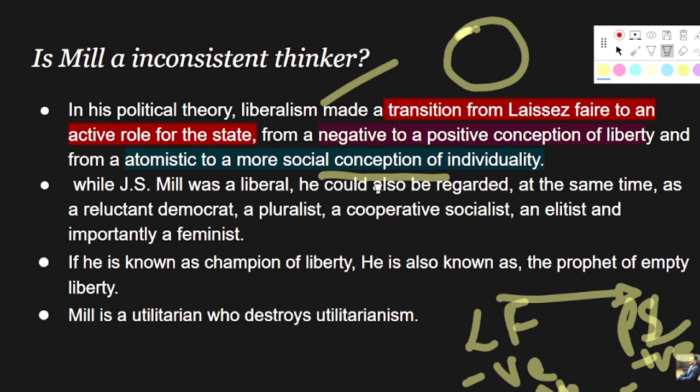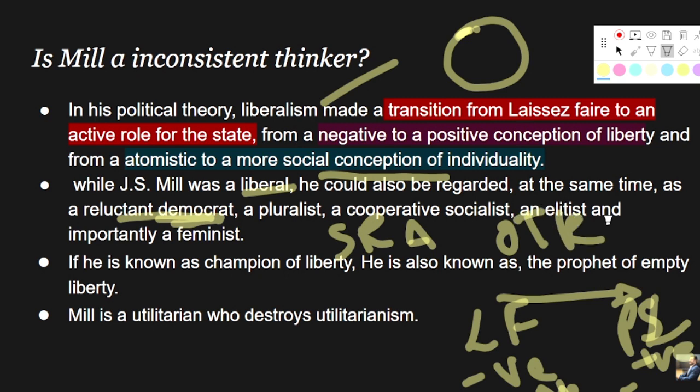So while J.S. Mill was a liberal, he could also be regarded at the same time as a reluctant democrat, right? As we all know, Mill was a great liberal. Why? Because he propounds the idea for the first time on liberty, right? But at the same time he can also be regarded as a reluctant democrat. Why? Because of, again, his perspective on human nature, that is, he will give the idea of self-regarding actions and others-regarding actions, right? So when it comes to self-regarding action, man can have complete freedom,